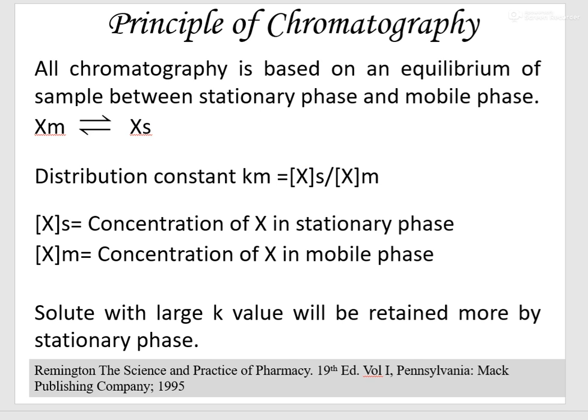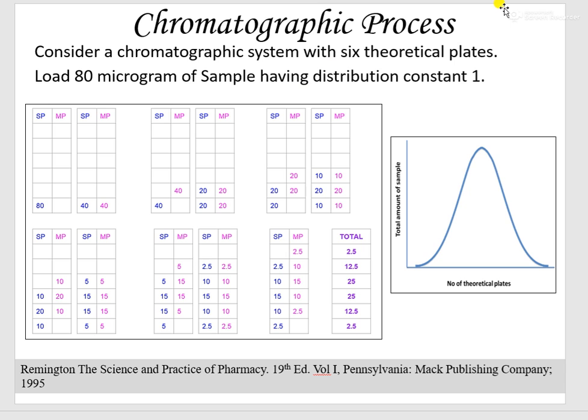phase is high. To describe any chromatographic process, let us consider a chromatographic process with six theoretical plates. Theoretical plate is nothing but an imaginary concept where it is believed that the sample is in equilibrium between the stationary phase and mobile phase. So let us consider that we are placing 80 microgram of sample, and we also have to consider that the sample which we are loading has a distribution constant of 1. We are assuming that the distribution constant of the sample is 1. So when the sample, that is 80 microgram of